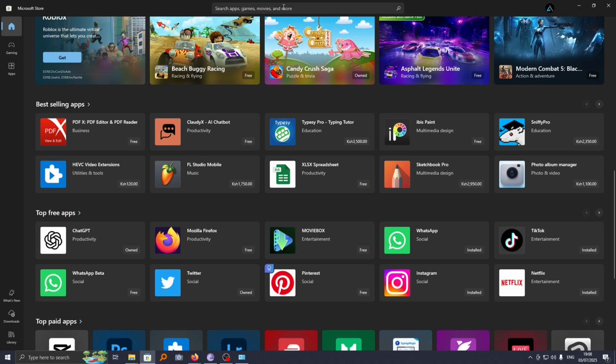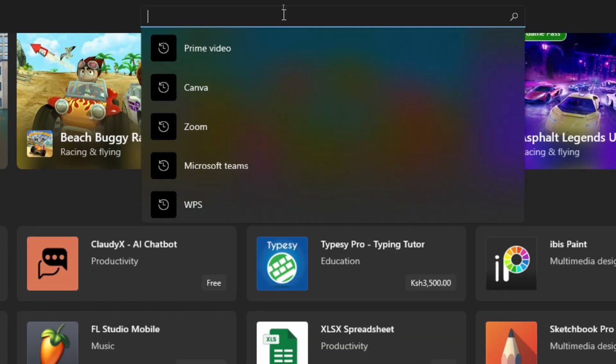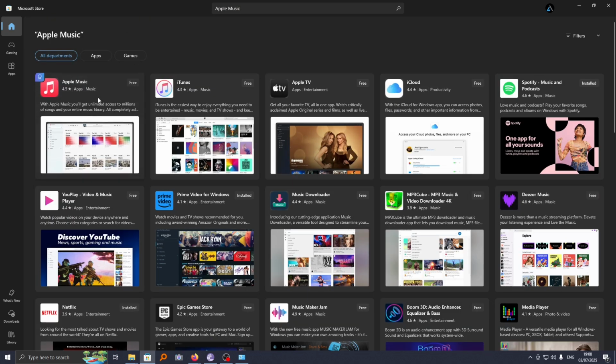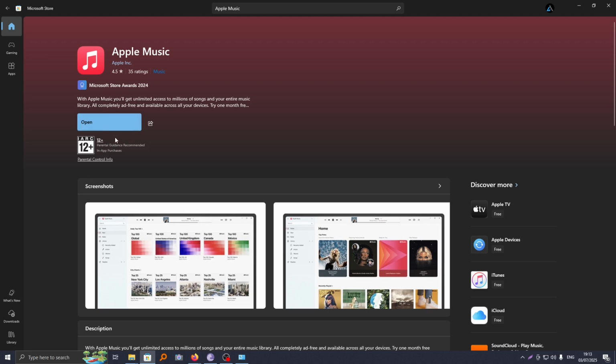Once you're done, now you can go ahead and search for your app using the search function here. So I'll go ahead and search, and as you can see, we have Apple Music here. To download it, go ahead and click on Get, and then this will go ahead and get the files ready for download. So the download process will begin, and once it's done, you can tap on Open to launch it